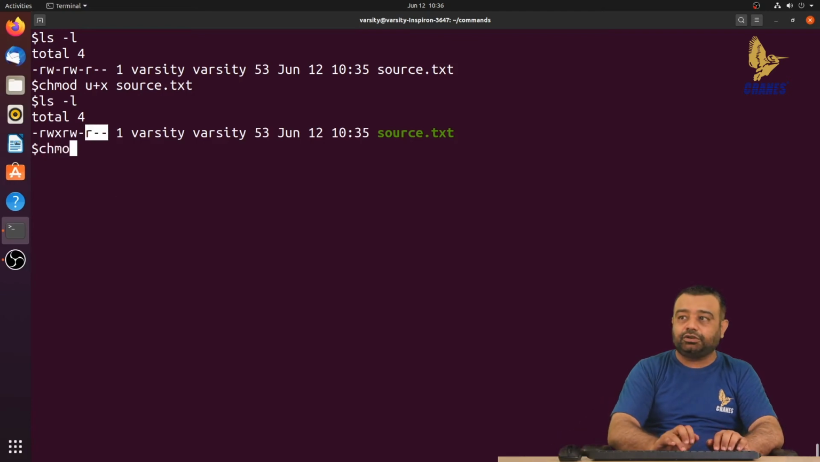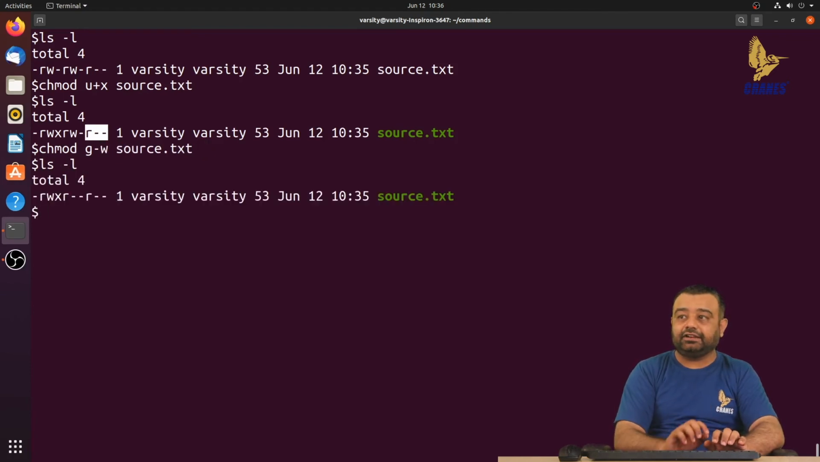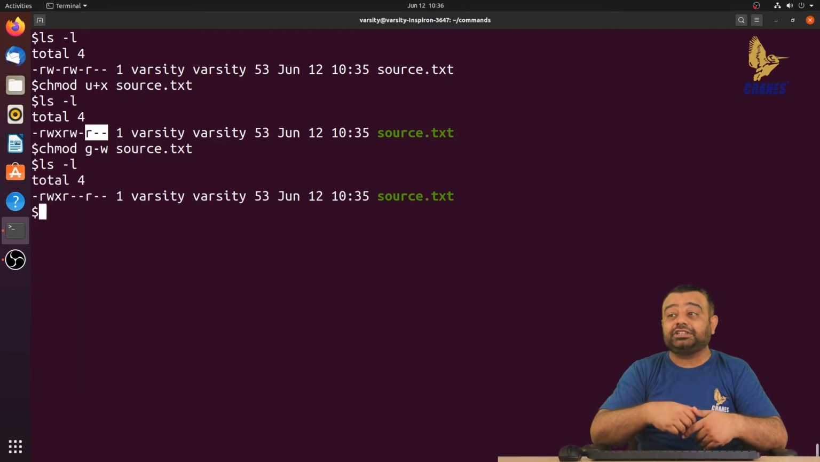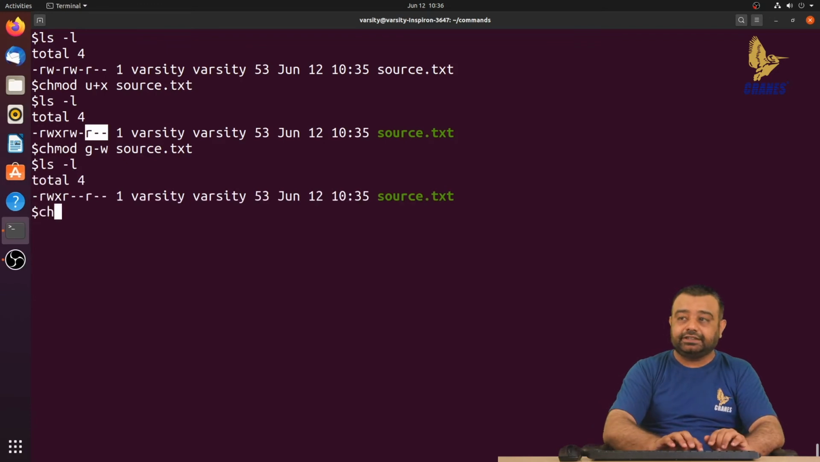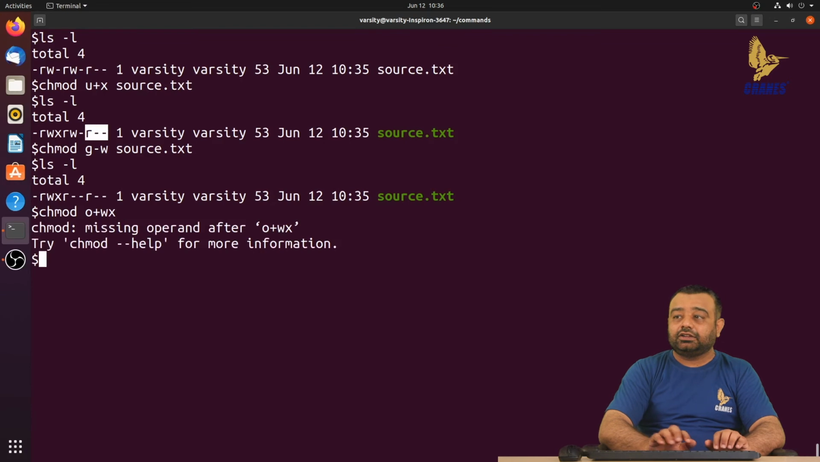Only thing is, if you want to use it for the group, we say g. I want to remove this write permission for the group. You can just see write permission will be removed only for the group, not for the owner of the file, right? ls -l. Or if you want to add the write permission and execute permission, you can provide multiple permissions in one shot. You can just write chmod, I'd like to write o, I would like to add the write as well as the execute permission, right? Sorry, file name missing, so let me just give this file name,